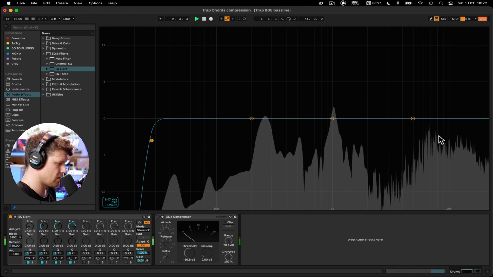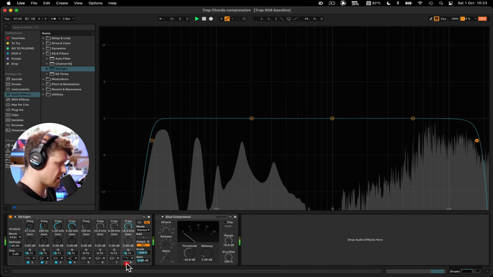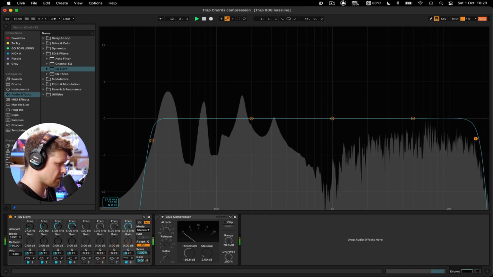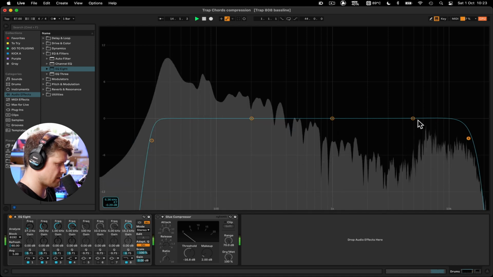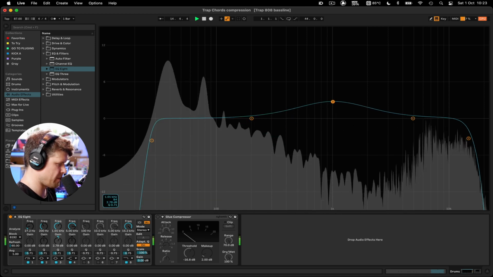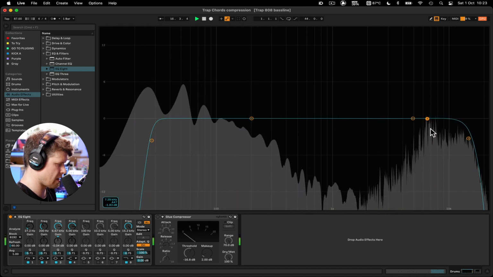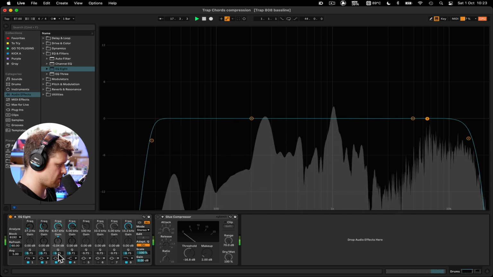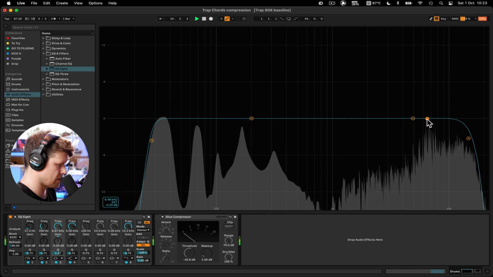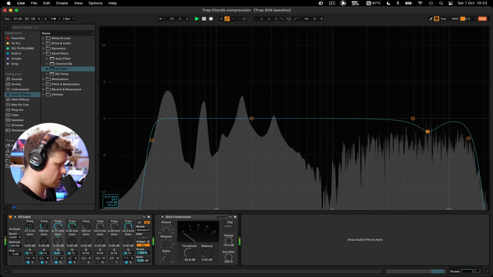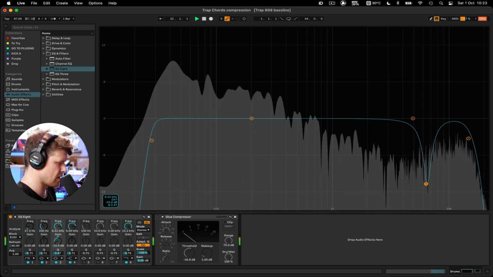Okay. Also, can you see here, this is quite a busy area. There's quite a lot of high frequencies. So I'm going to try cutting some. That immediately feels a bit nicer. I'm going to get this bell point here. Also going to bring it up to this sort of area here. Make sure 3 is selected. Tighten up the Q. Bring it to the extreme. See how that kind of evens out the